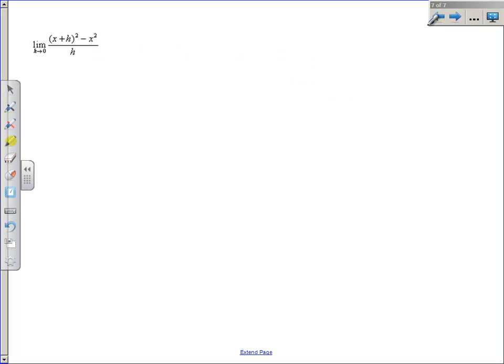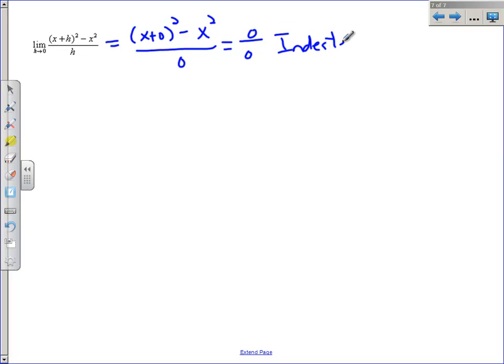Okay, the last example I want to do with you is a limit, and we're not looking at a specific graph, and it's in a different form, and I've got an h here instead of an x. We still are going to answer this like normal. We go ahead and plug in 0 for h, and do our math, and we get x squared minus x squared, and we get 0 over 0. Again, this is called indeterminate, which means that you could